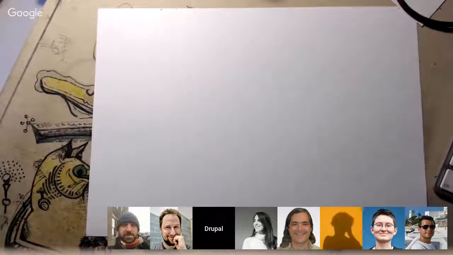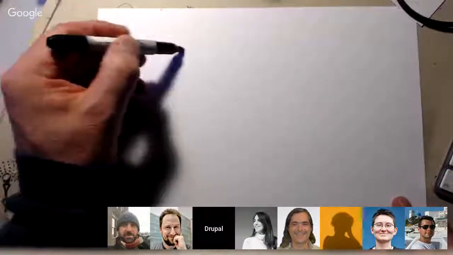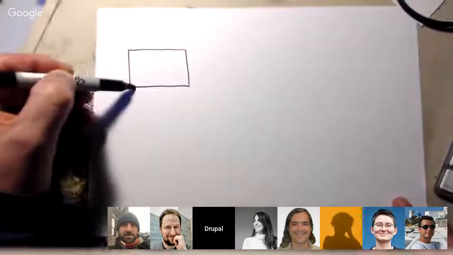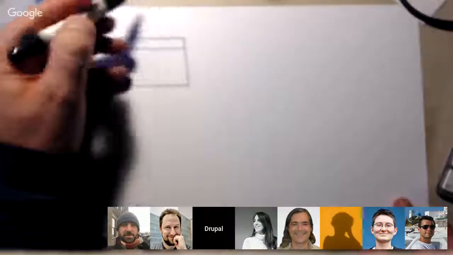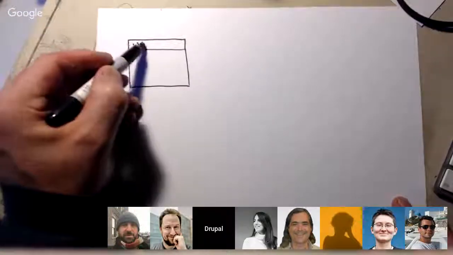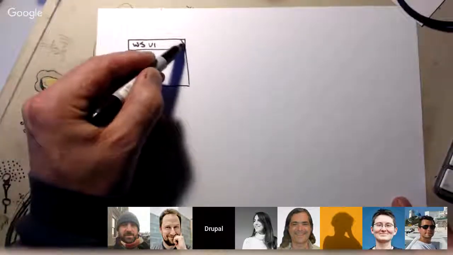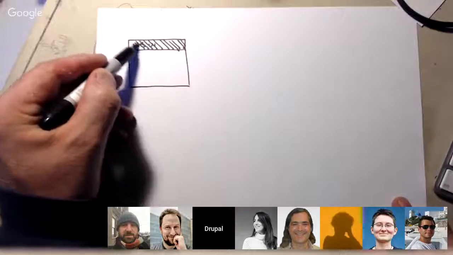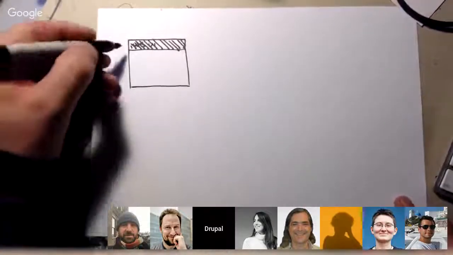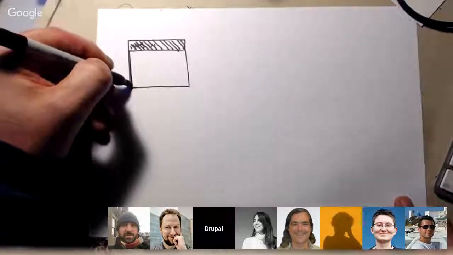When we designed the workspace UI, we said that we want to put the off-canvas tray at the top of the page. Part of the design was also some wrapping borders around the actual page. So you have the settings tray, but you also have some tiny border on the left, on the right, and at the top,